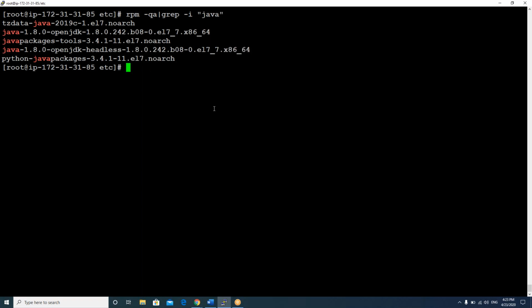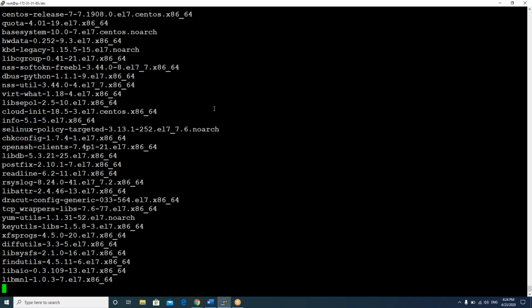If you do rpm -qa, it will list all the packages. I'll show you one more example, apart from grep, of the pipe symbol. I want to check how many packages I have. Can you do rpm -qa? Tell me what the rpm -qa command will do.